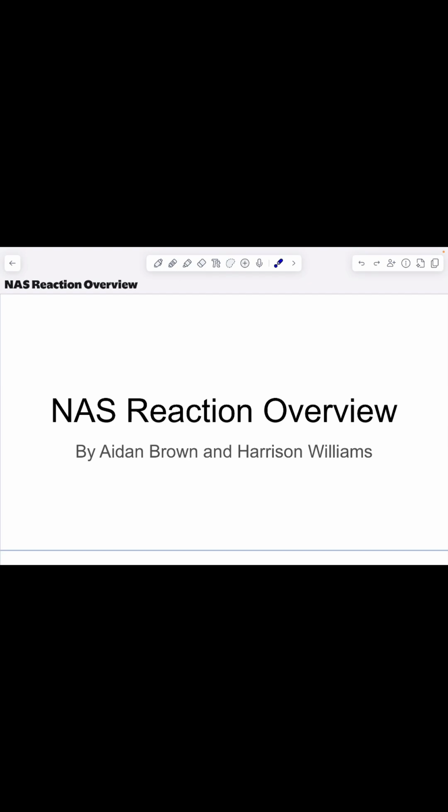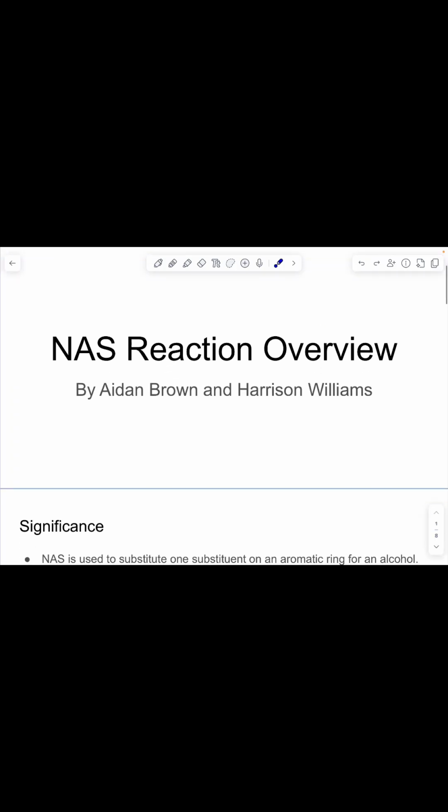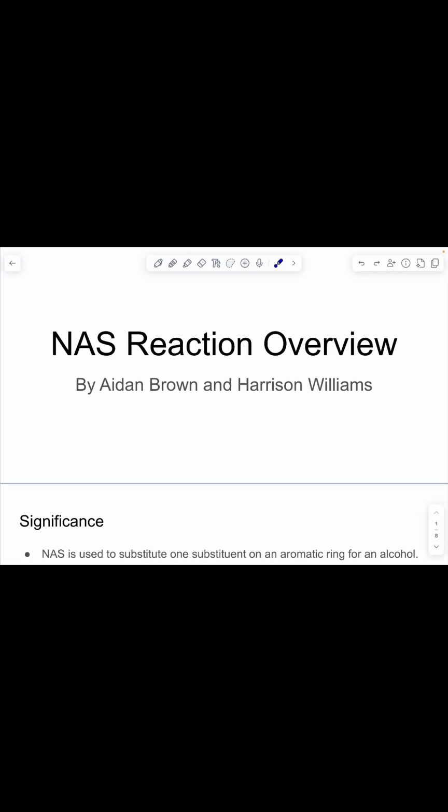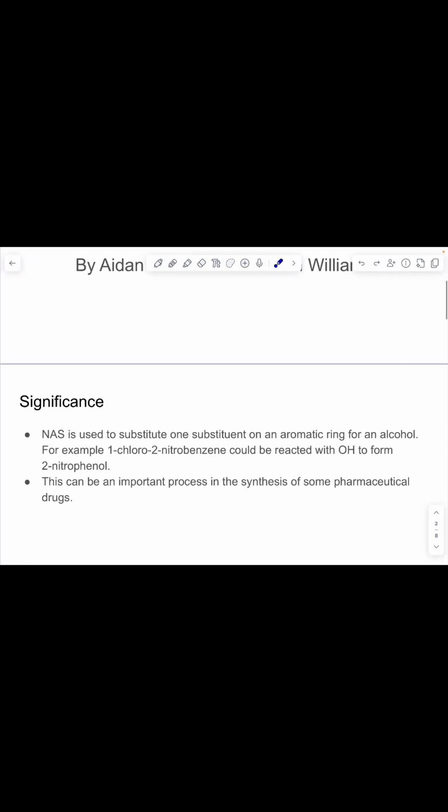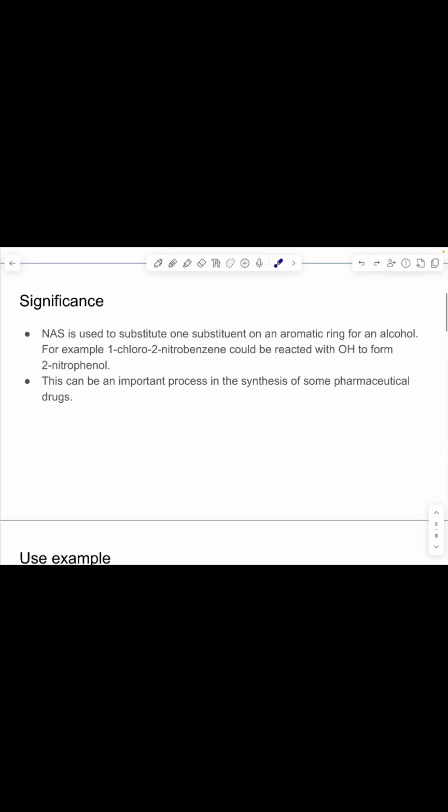So this is mine and Harrison's NAS reaction overview. NAS is also known as Nucleophilic Aromatic Substitution. The significance of this is that NAS is used to substitute one substituent on an aromatic ring for an alcohol. So for example,